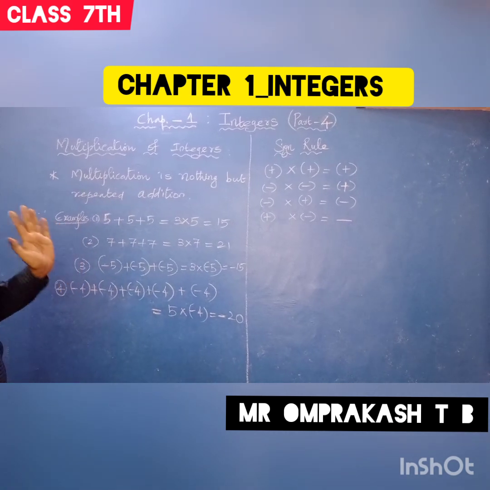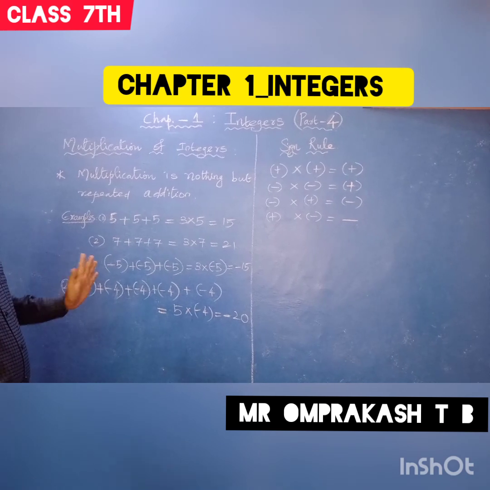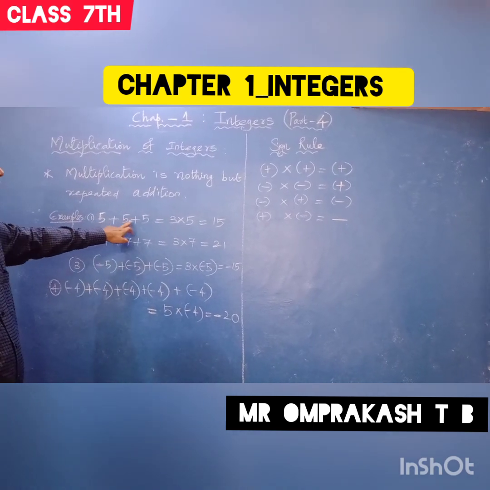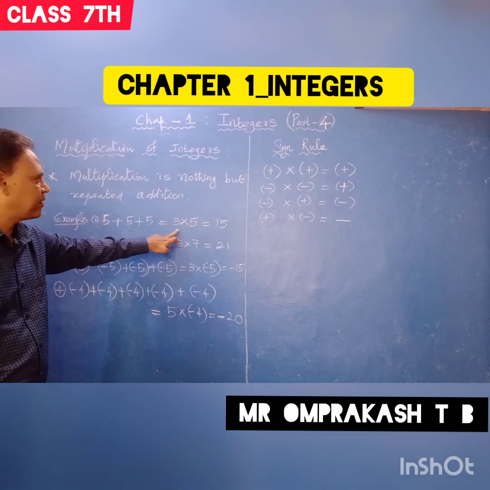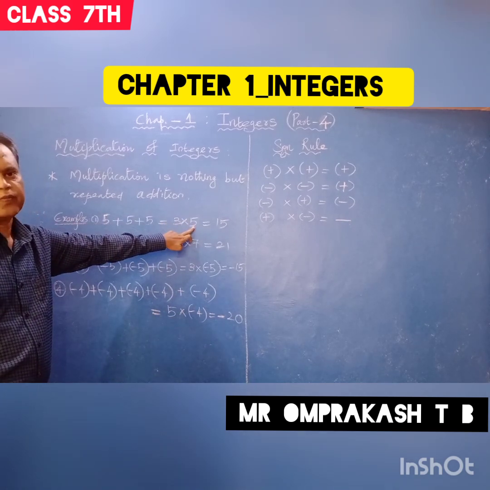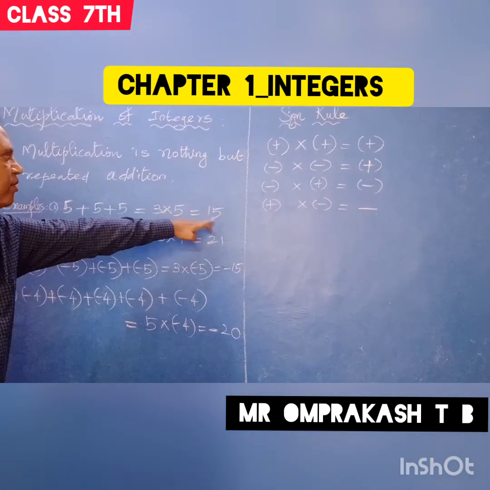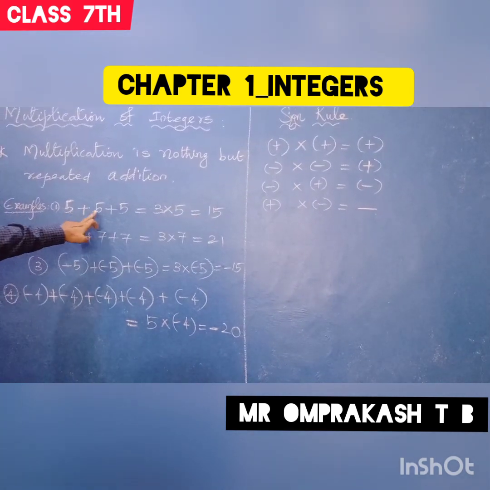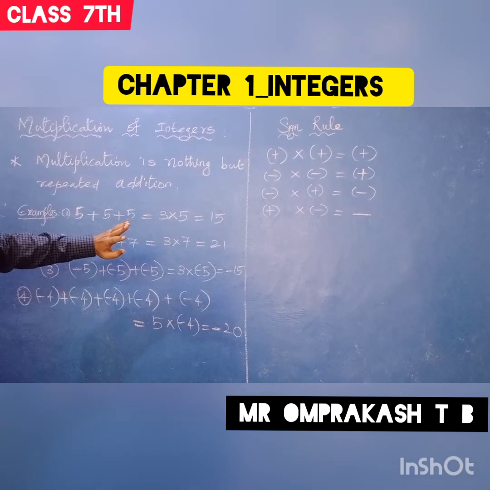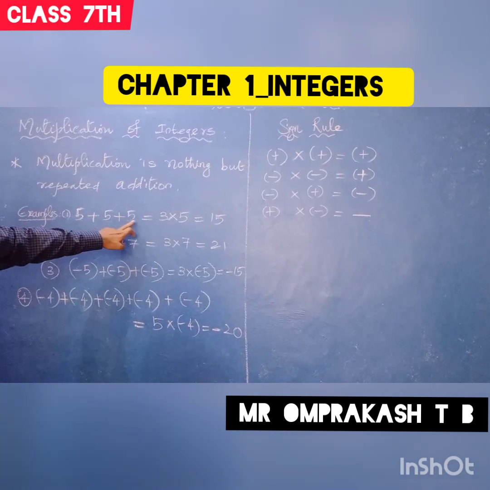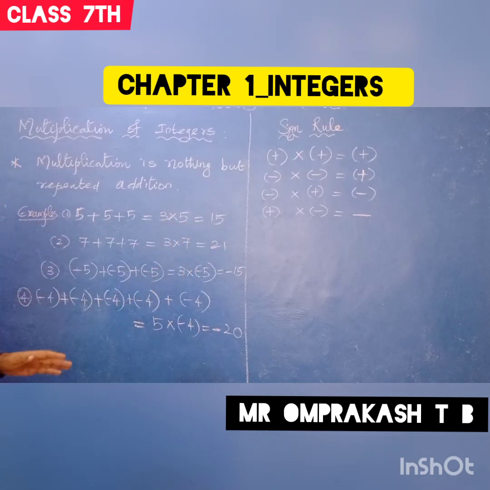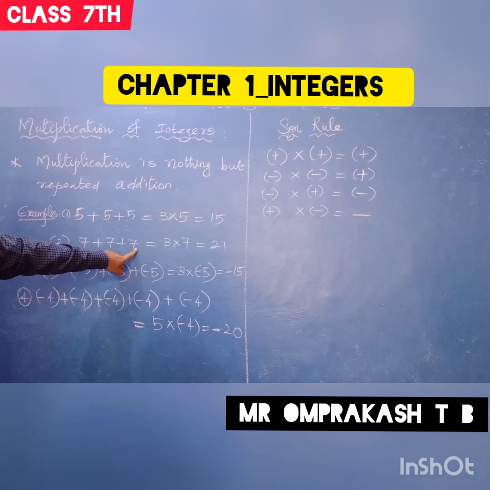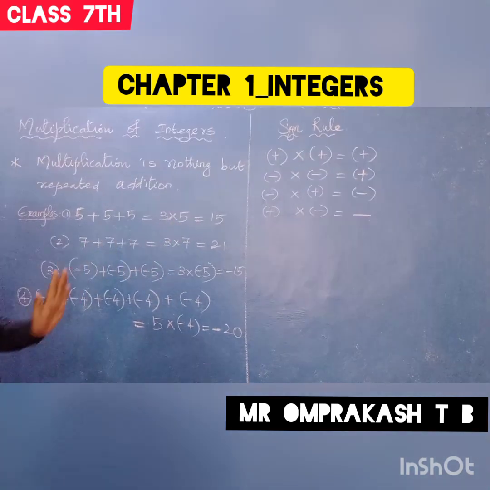In lower classes also you might have studied this. For example, 3 times you write 5 plus 5 plus 5. That is equal to, in a simple way, 3 into 5. The product 3 into 5 is 15. You add: 5 plus 5 is 10, 10 plus 5 is 15. You get the same thing. The same number you have 3 times, the meaning is 3 times 5, that is equal to 15. In the same way, 7 plus 7 plus 7 is equal to 3 into 7, 21.